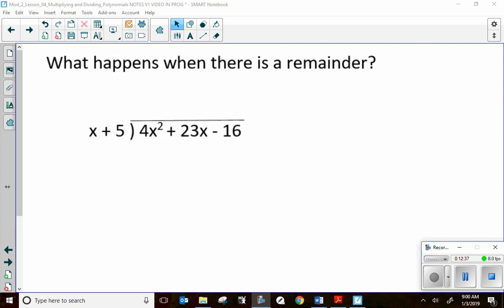Oh, everything has been fine and dandy because we have not had a remainder. We have not had to deal with remainders. And if you are getting good at this,